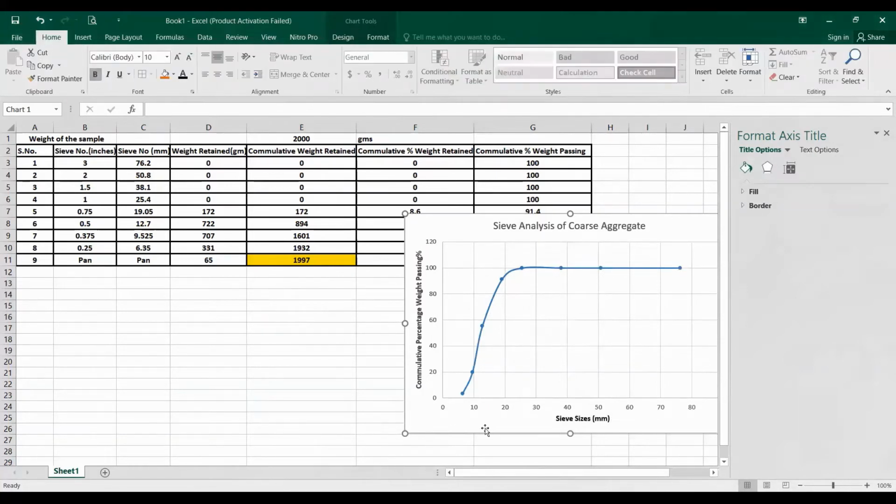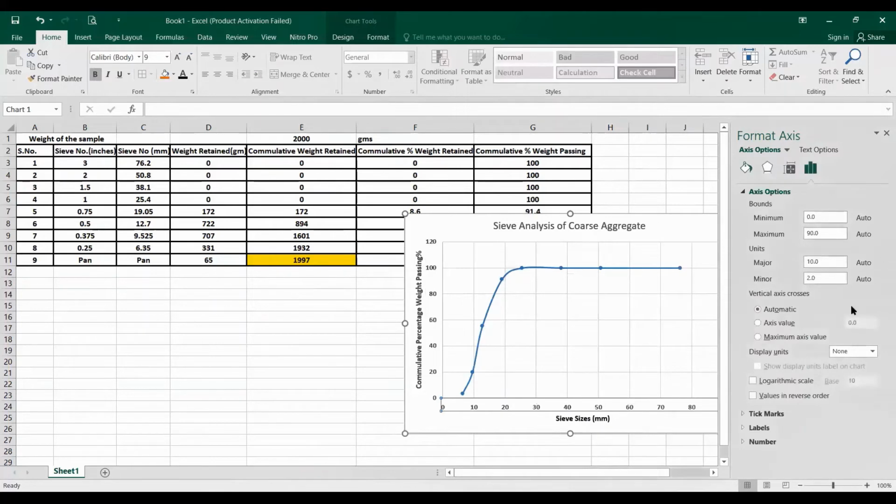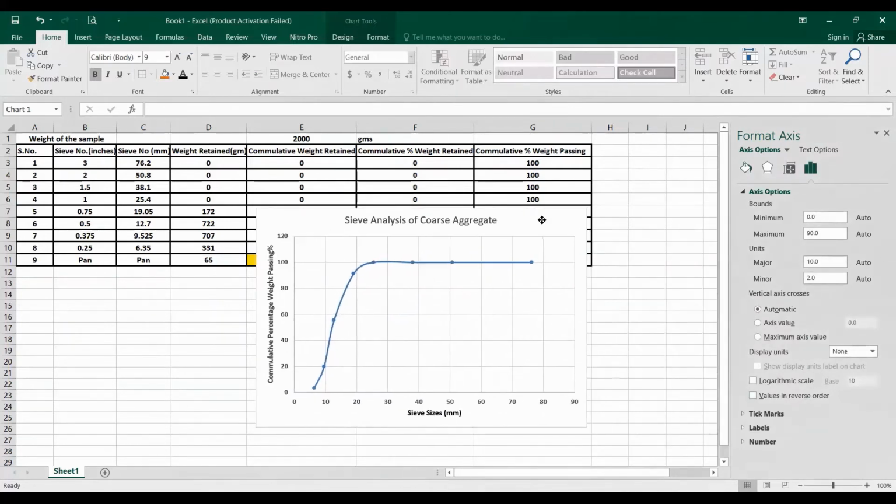And now I am going to tell you what you have to select on the x-axis. First, make the values bold, and now right click on the x-axis and you will get format axis. Right click on it and click format axis. Click on it and you have to check two options: logarithmic scale.